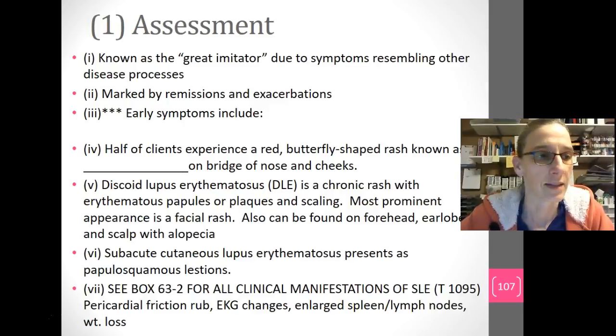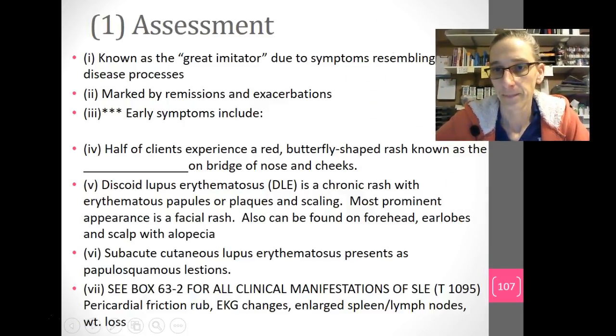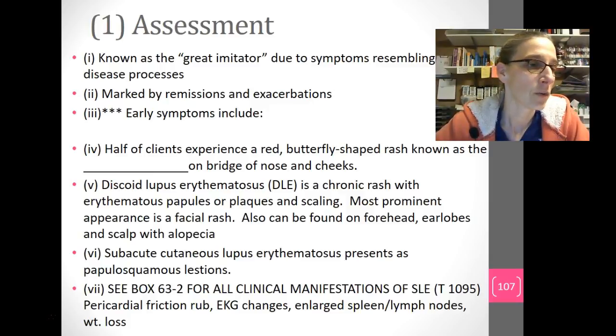Assessment. SLE is known as the great imitator due to the symptoms resembling other disease processes. It's marked by many remissions and exacerbations. Early symptoms include fever. Again, I hope you'll pause this and look it up yourself. Fever, weight loss, pain in the joints, muscle pain, extreme fatigue, persistent for a long time before any other symptoms